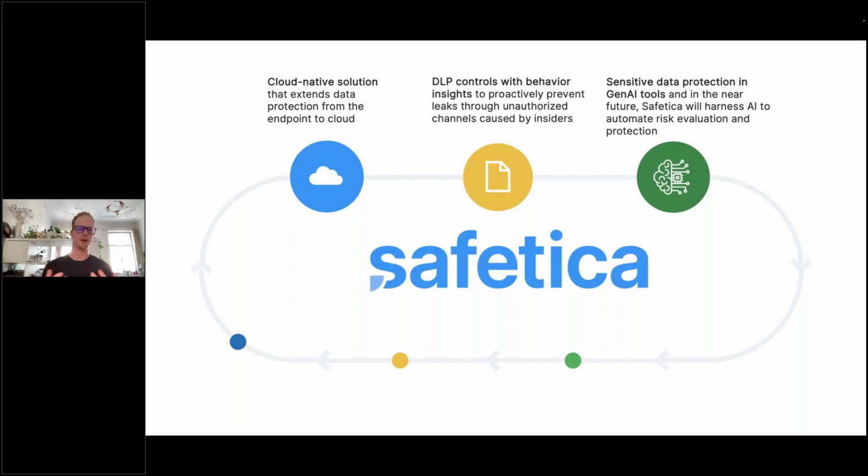And then, of course, we are protecting the data wherever it may go, whether that be sending it out via email, putting it onto some external server, or even onto a thumb drive or what have you. There's many different ways people can try to exfiltrate data, but by using Safetica, we can help mitigate that as much as possible.